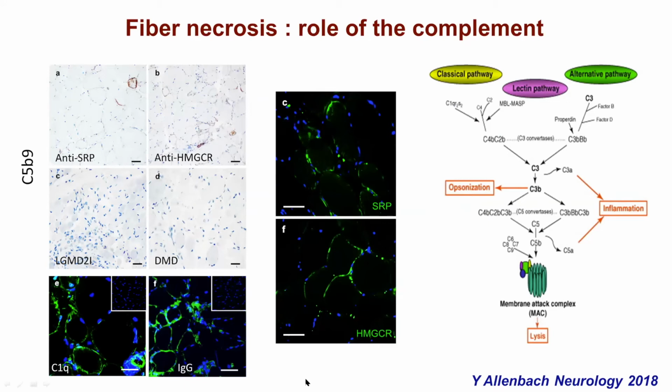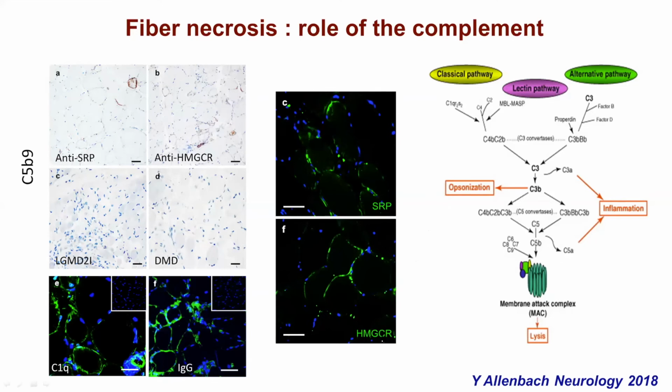And we used plasmapheresis from very severely affected SRP or HMGCR patients, and from this plasmapheresis, we purified specifically the SRP or the HMGCR antibodies in a column charged with a recombinant SRP protein or recombinant HMGCR protein. Then we can also immunostain our biopsies by immunohistochemistry,